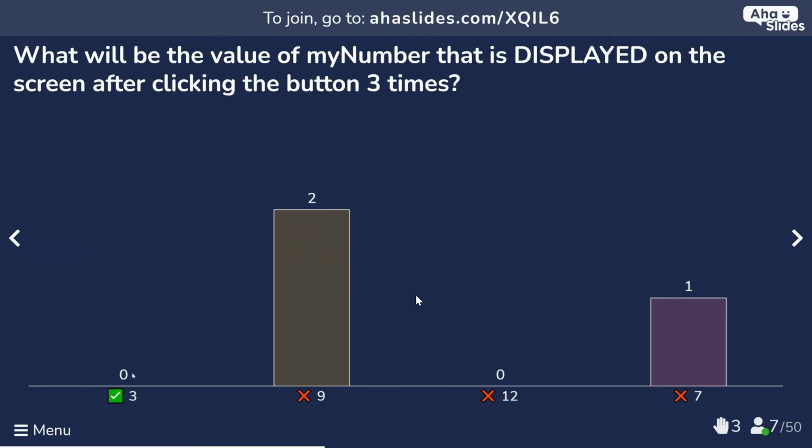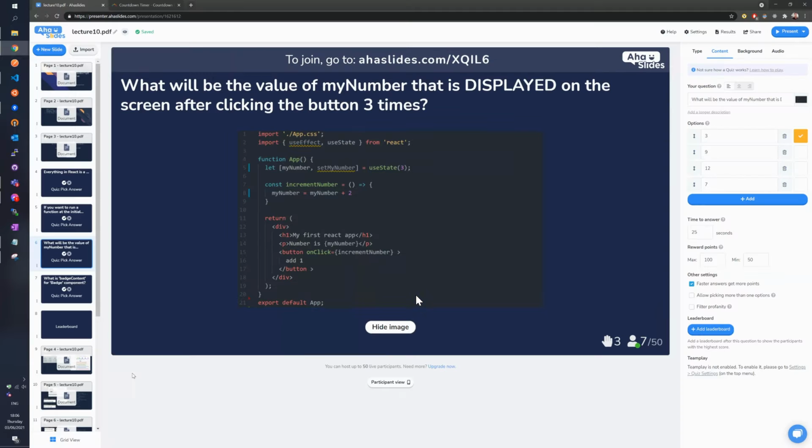And let me see if I can go back to the image, because that's also a very important one. So is this code readable? Is it clear what I'm showing here? Yes. Cool. So be careful here, because this might be a typical mistake for someone learning React. Here I create a state variable, right, called my number. And I have a setter for this, a function that I can change the value of my number. Here, what I say, on the click of this button, I want to add 2 to my number. I ask which value is displayed. Now, be careful.